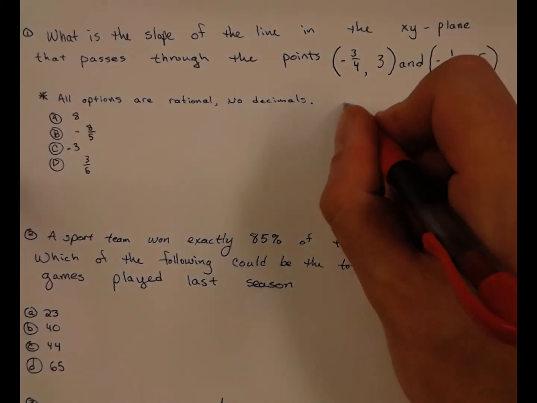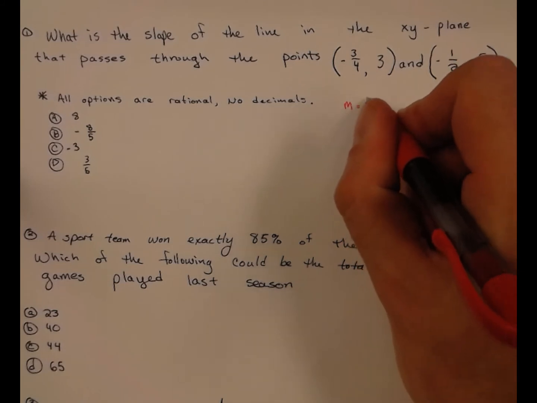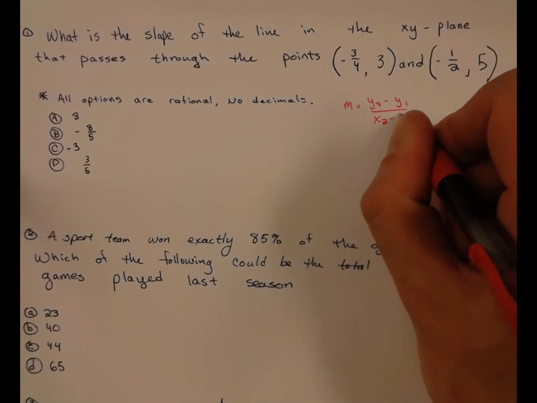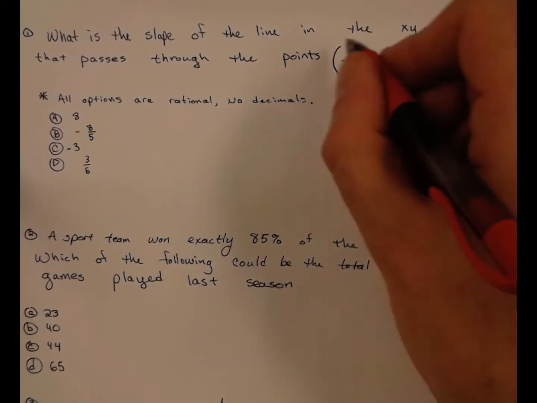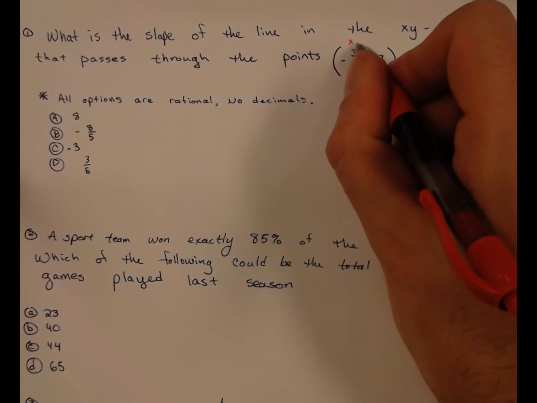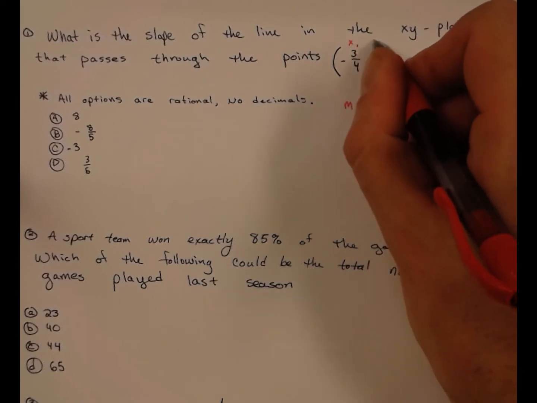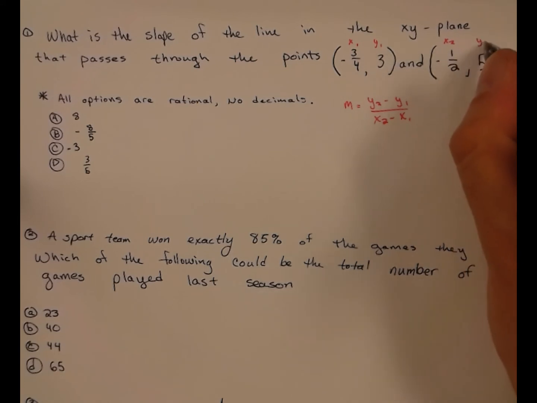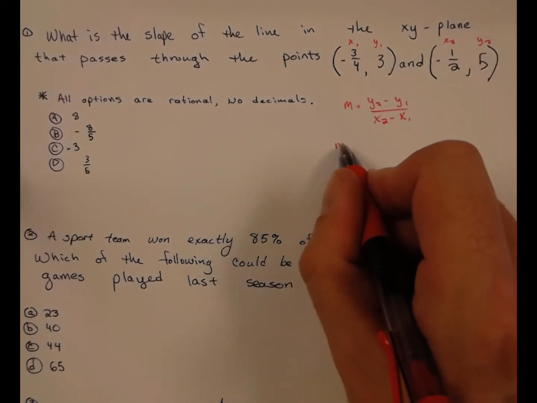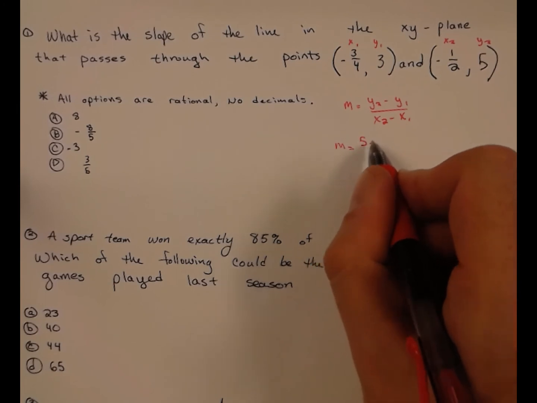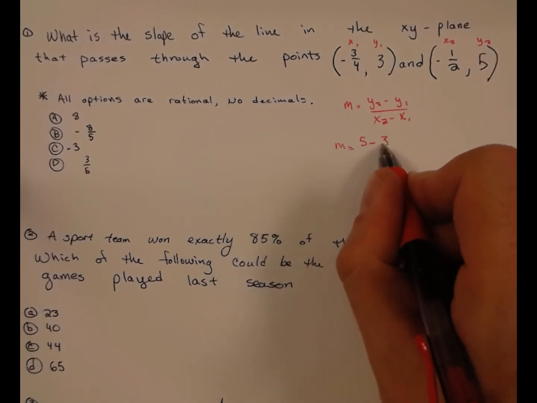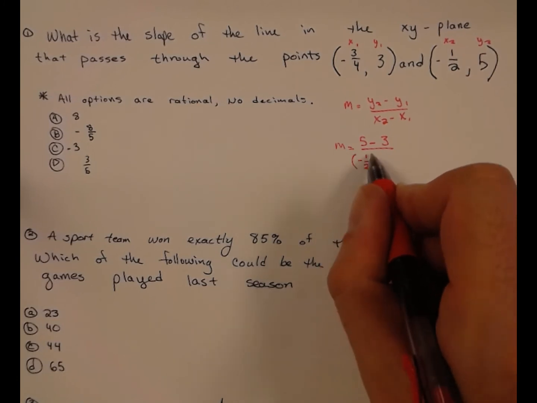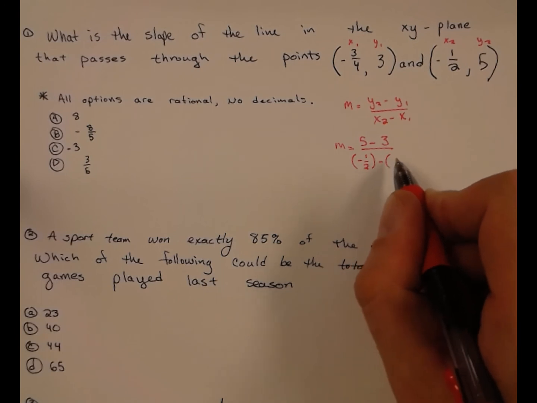So we are going to use our slope formula. Slope is equal to y2 minus y1 over x2 minus x1. One thing that I should caution you about is you should probably get in the habit of substituting negative numbers into formulas using parentheses. So my y2 value is 5, my y1 value is 3, and in the denominator my x2 value, negative 1/2, and I'll just drop that in parentheses, minus my